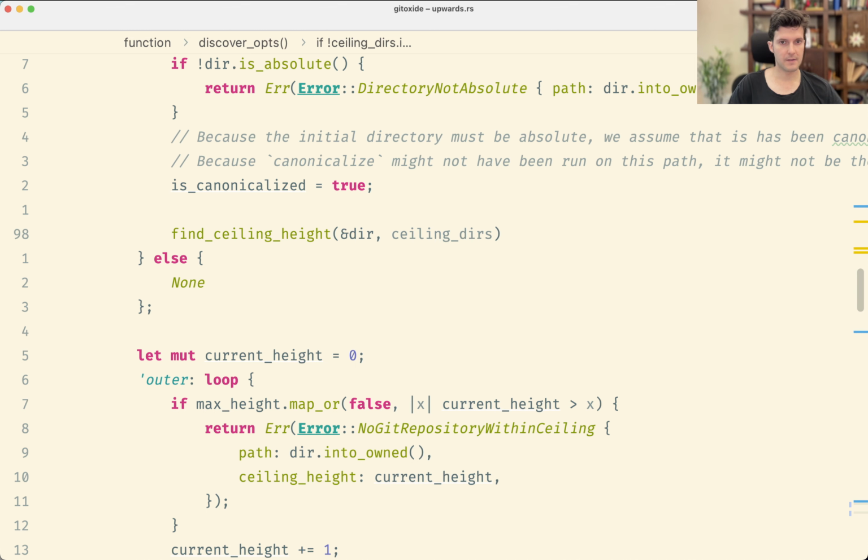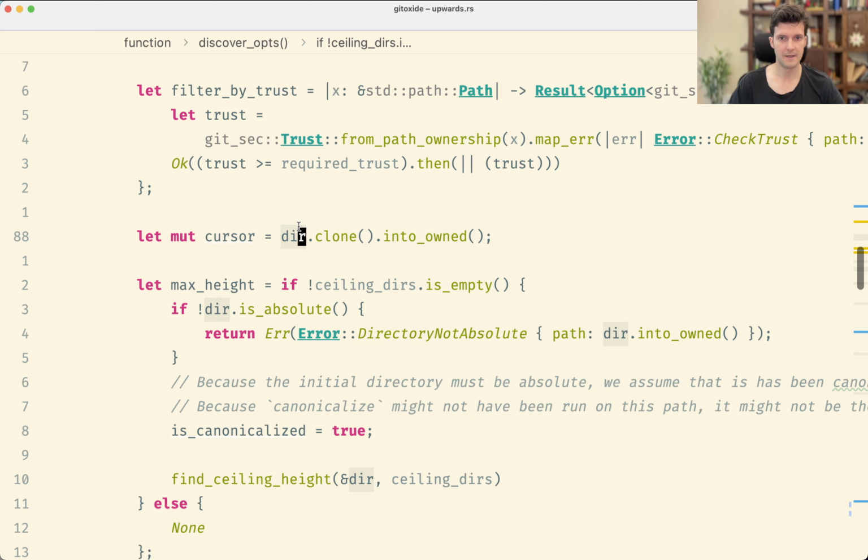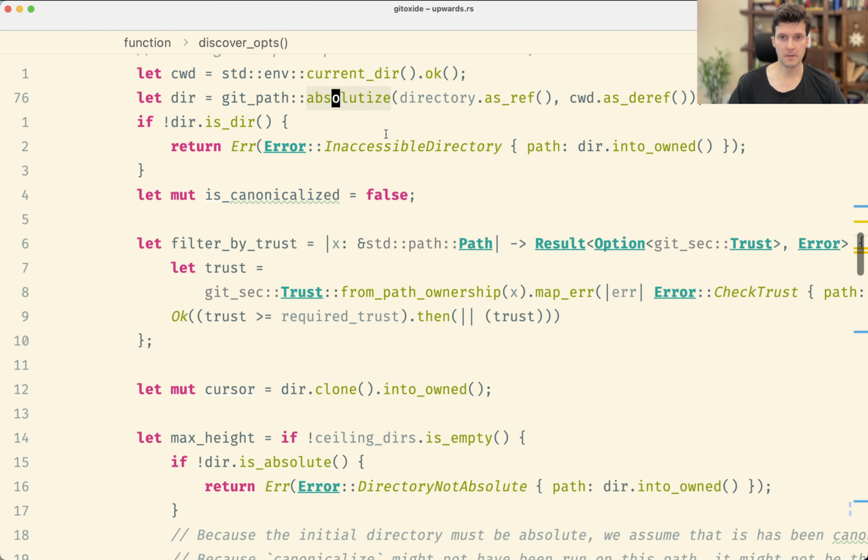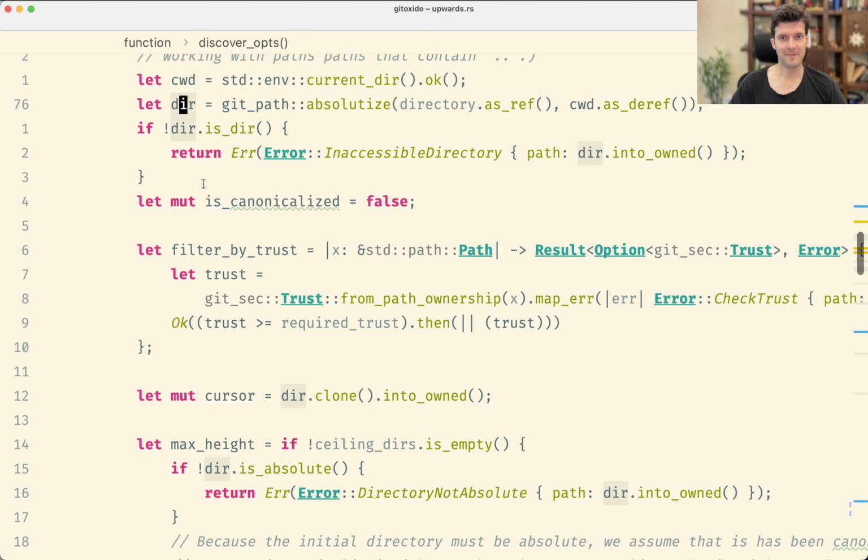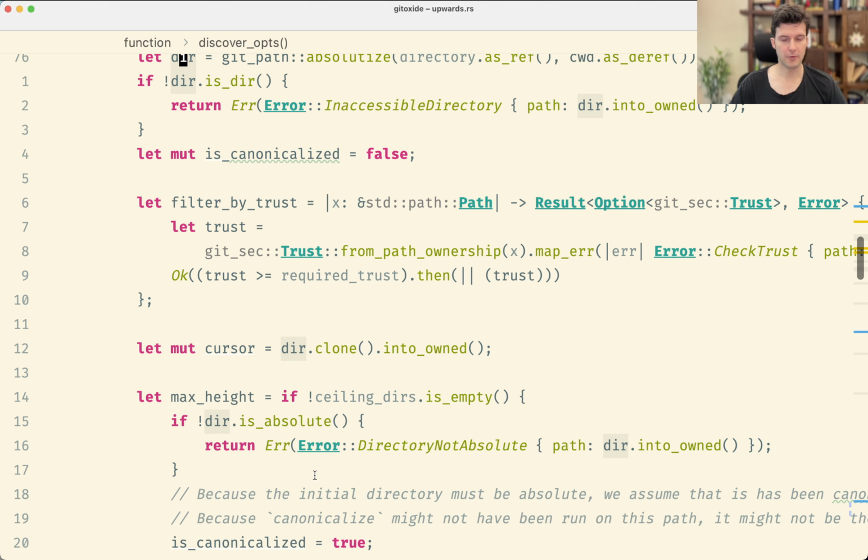And now we have to see if that's a problem or not, because I think we should not necessarily deal with this canonicalization, as we never really know what kind of thing this directory is. I mean, we absolutize it, which is a gentle version of canonicalization, just to have an easier time going upwards a path. But we don't do any processing on